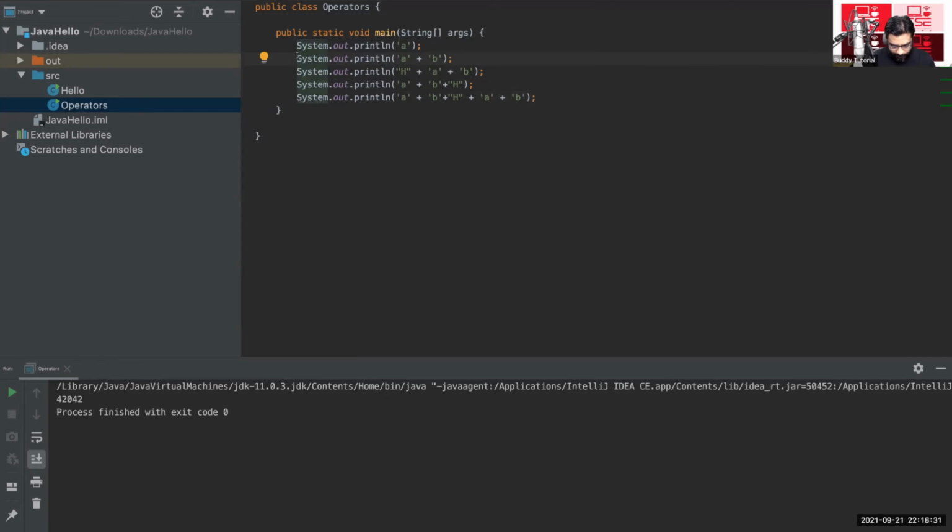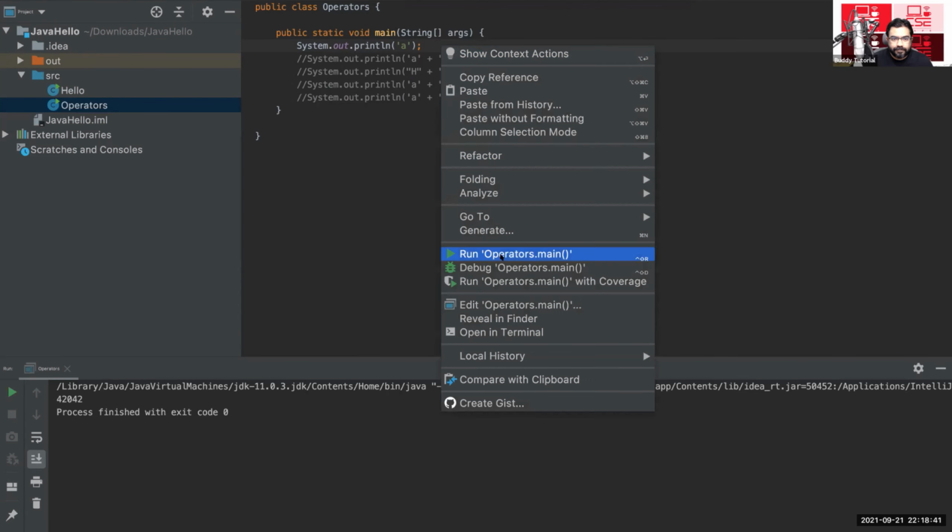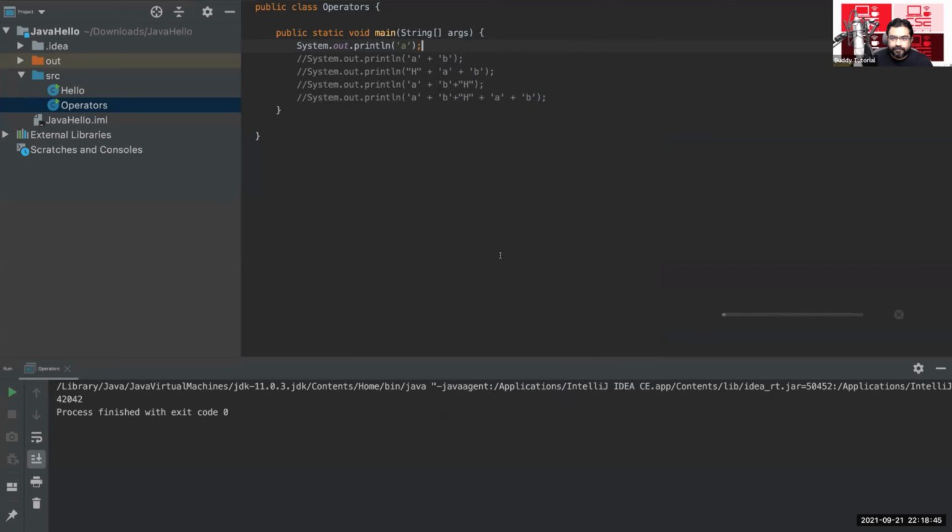Okay, how do you add comments? You can add comments like this, right? Single line comments. So what will be the value of system.out.println of A? Java println statement sees it as a character A. Whenever you give it in single quotes, it is a character. Double quotes, it is a string.